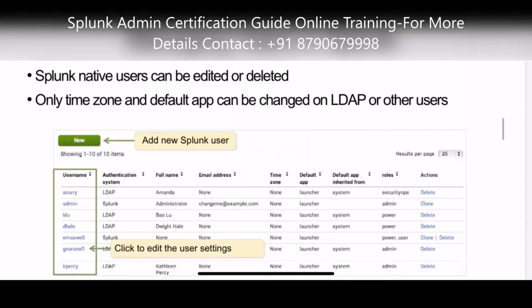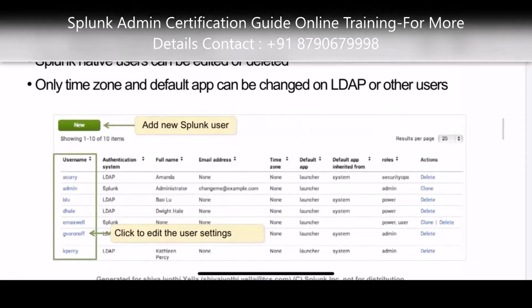And this is the thing I explained initially. It also shows the time zone, but here it shows none. If you want to modify it, you can add a time zone as well, but usually it's not required.